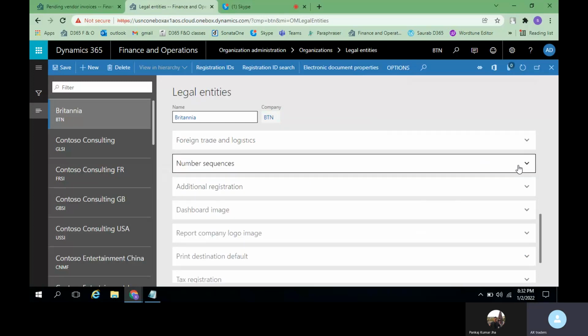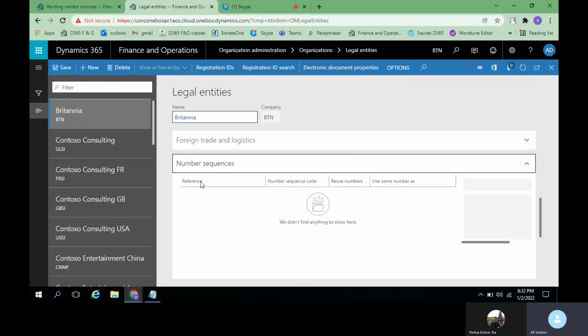Number sequences. So these number sequences we will discuss in a separate topic. I'll tell you the meaning of these numbers. Whenever you are doing any transactions for accounts payable, accounts receivable, taxes, general ledger, or anywhere it may be, you need to record those transactions with the help of a number to identify them, right? If you are posting 100 invoices, 100 journal entries,